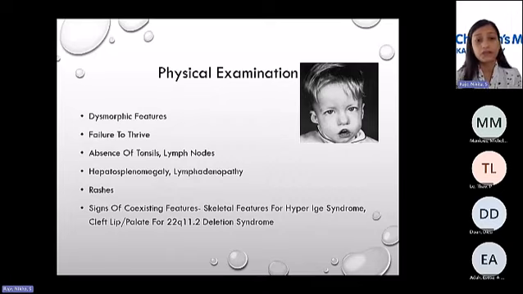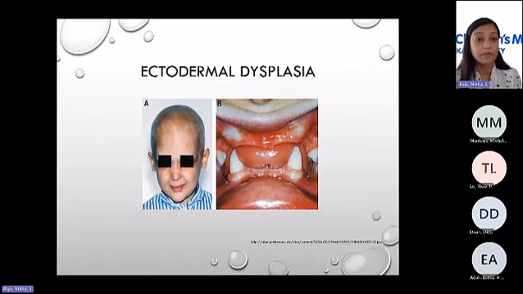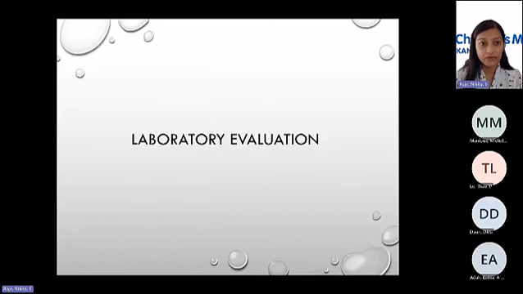Absence of tonsils or lymph nodes can be a sign, particularly in XLA or SCID. Hepatosplenomegaly, lymphadenopathy should prompt you to look at lymphoproliferative disorders. Rashes can be helpful sometimes, and then signs of any kind of syndromes that we just talked about. Ectodermal dysplasia, so conical teeth, sparse hair, nail defects, skin defects can be part of the features of patients who present with ectodermal dysplasia and immunodeficiency. And then, of course, lab